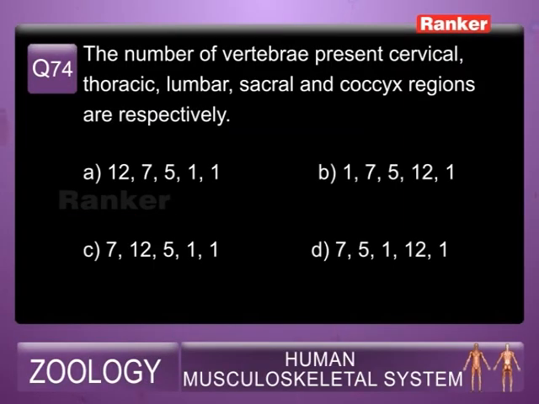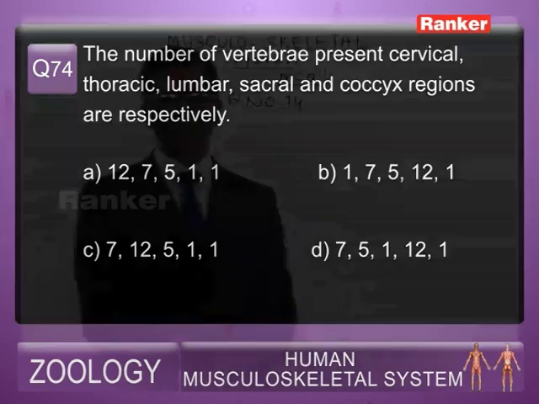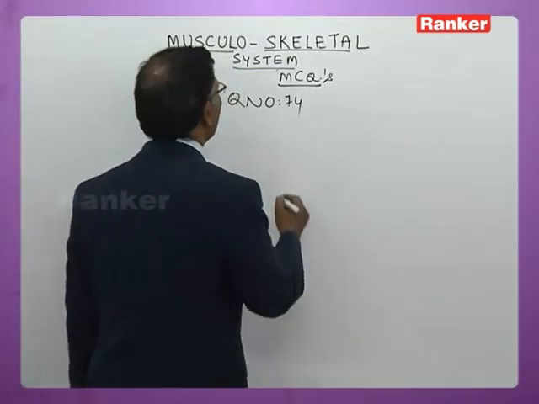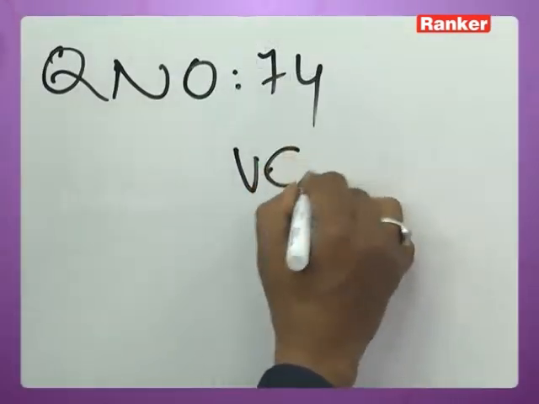74th is here. I shall read out the 74th for you. Number of vertebrae present in cervical, thoracic, lumbar, sacral and coccyx region of human being respectively are, okay, in human being, a vertebral column consists of